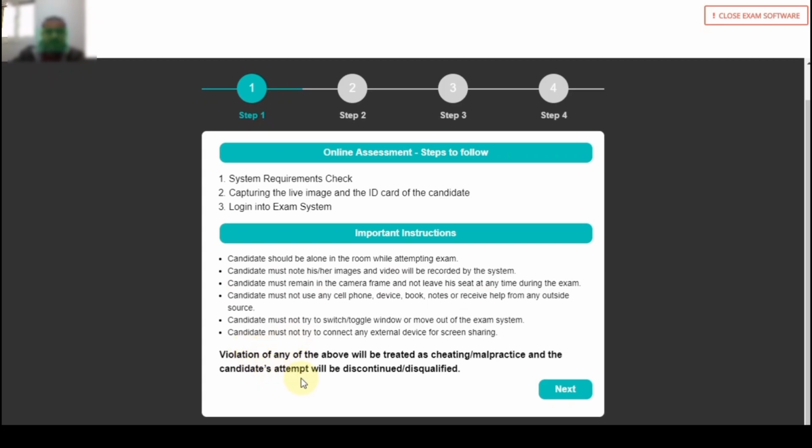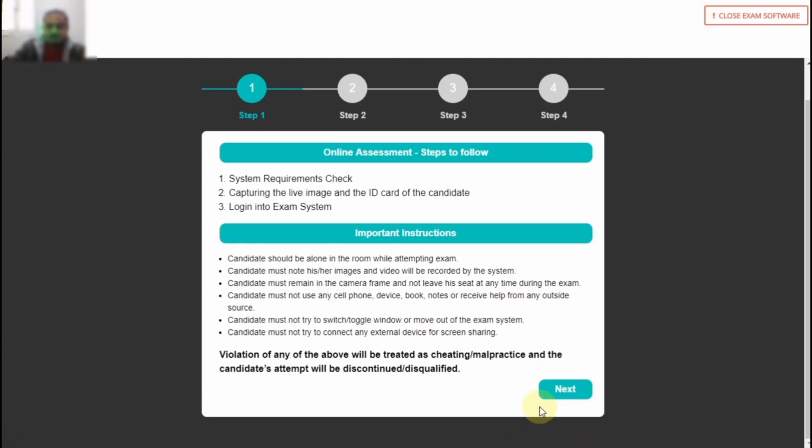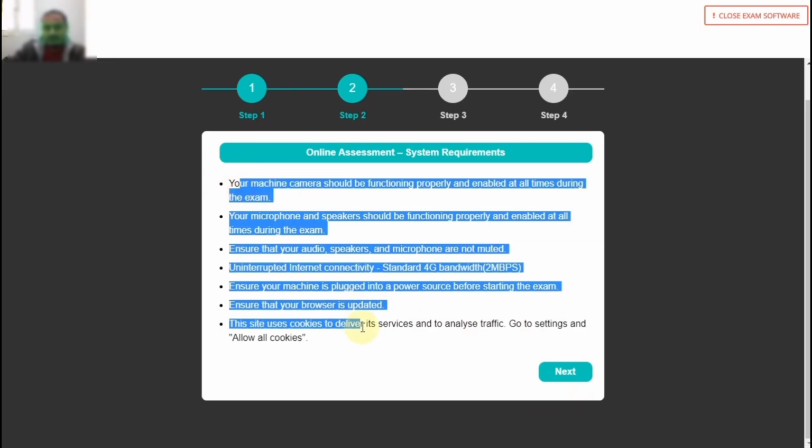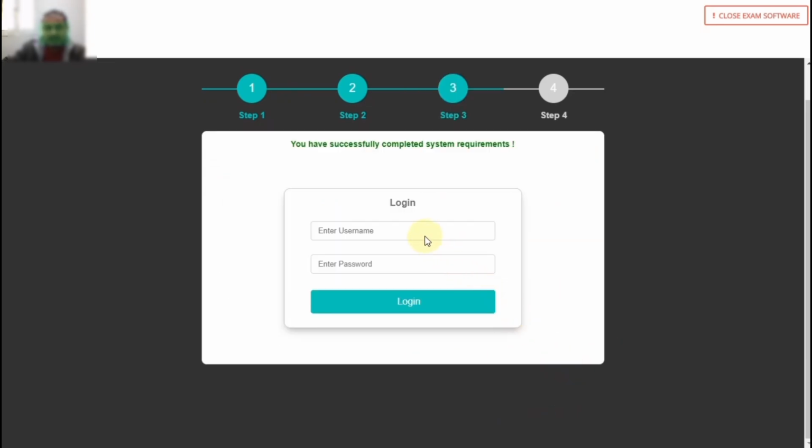And you can learn about all the important instructions. So I will go to the next. Okay, so I am going next, and you can see all the instructions, like the camera and the machine should be as mentioned, and everything they mentioned. So we will go next, and here, as I told you, we cannot copy and paste anything. So just write